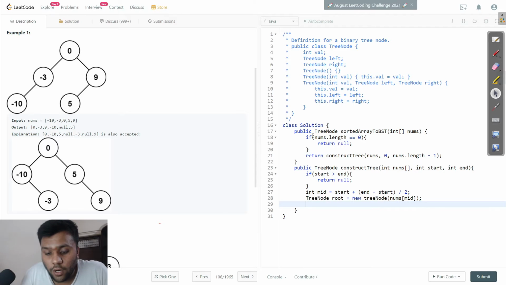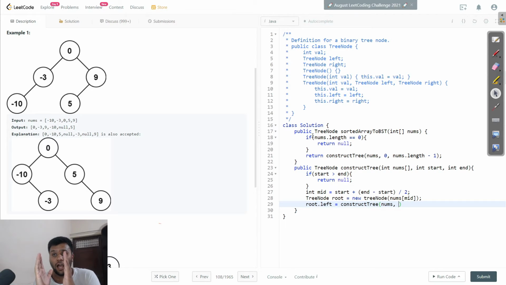Now I will call root dot left equals construct tree with nums, going from start to mid minus 1. It will go till the half, not till the last, from 0 to half, on the left side. So I will say start comma mid minus 1.